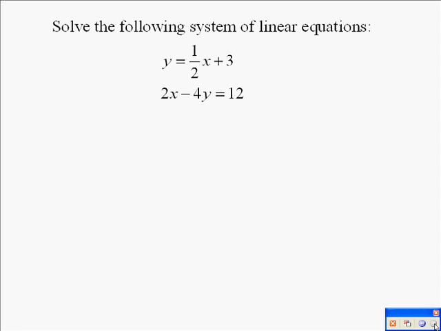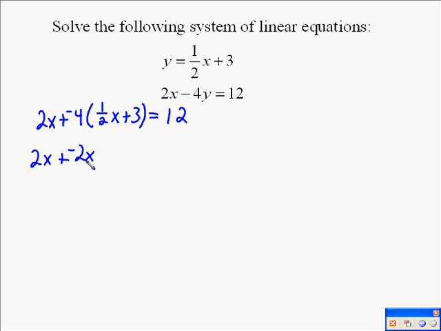That was graphing, so now let's use substitution. To do that, we're just going to put 1/2 x plus 3 in for y in the second equation. We already solved for y, so I made it easy. Now we need to do some multiplication. Make sure you realize you're multiplying by negative 4. So it's going to be 2x plus a negative 2x